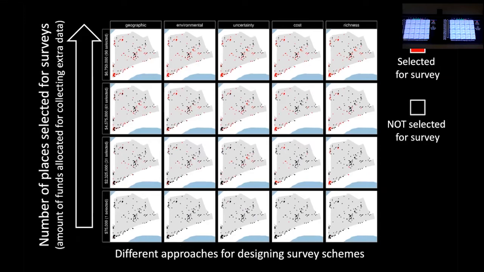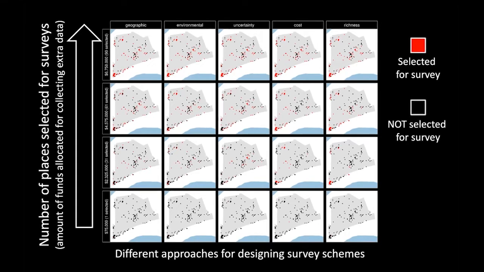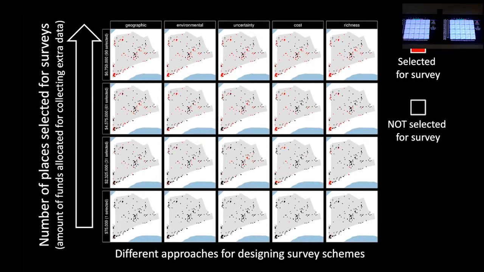I know the plots are really tiny in the back and I wouldn't be able to see them, so just bear with me. Each column is a different approach for generating your sampling design plan. And each row is when we've selected a different number of grid cells based on a budget for collecting data. Down here, we've only got 1 red grid cell, and I'm sure no one else can see where that red grid cell is, but just believe me when I say that there's one red grid cell in each plot down here. And up here, we've selected 90, so 90 out of the 92, I think, grid cells for sampling. And in between, we've got a gradient. So here we're selecting 31 and 61. We actually generated the full suite, from 0 to 90, and I'm just showing a sample here.